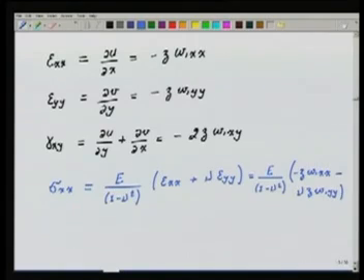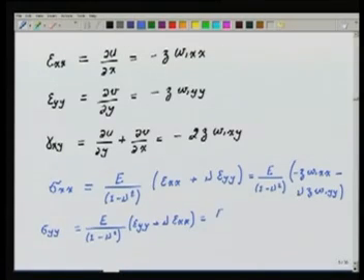Similarly, I will have sigma yy is equal to E by 1 minus nu squared Eyy plus nu Exx, which is equal to E by 1 minus nu squared into minus z w comma yy minus nu z w comma xx,